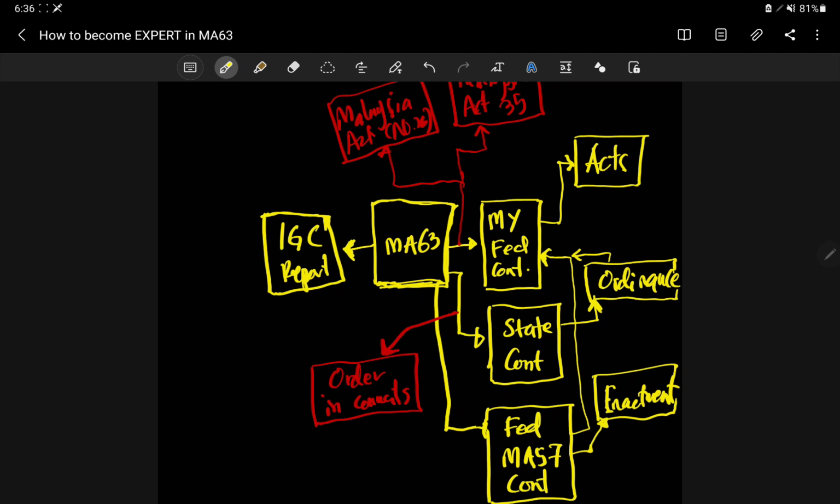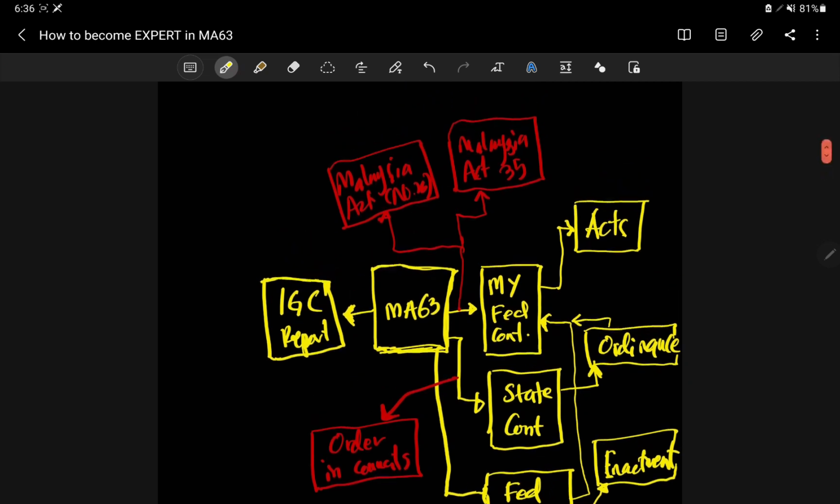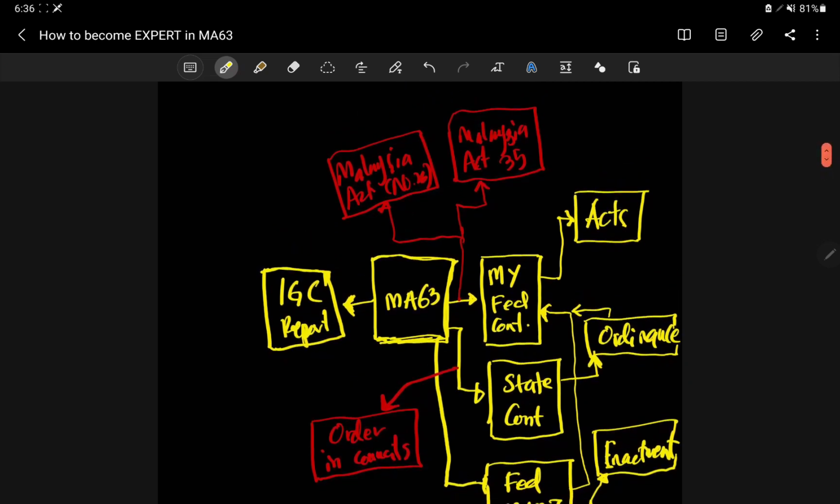Some of the provisions are still not inserted in the Federal Constitution. So there is a lot of work to be done, where the provisions in the IGC report must be complied with so that they will eventually be put into the Federal Constitution and State Constitution. So you must read the IGC report before you